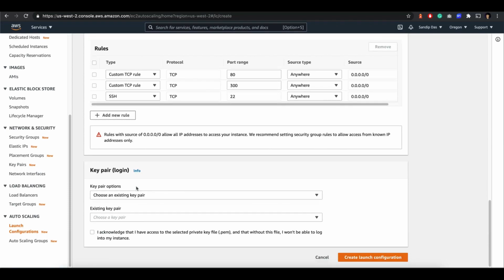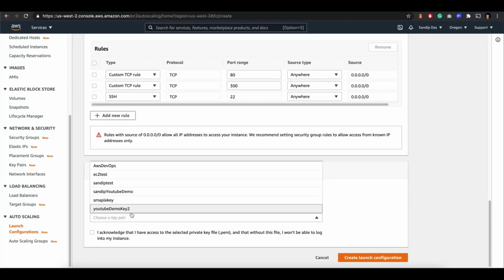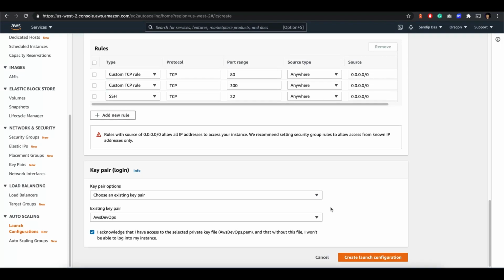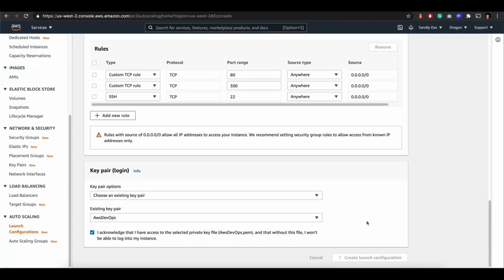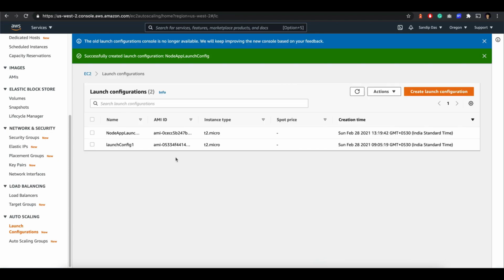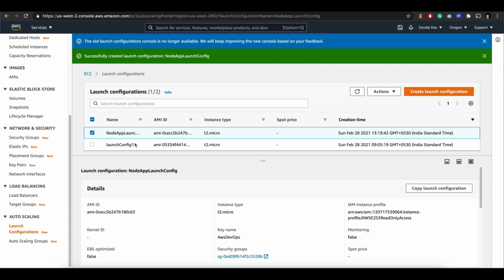Now let's choose an existing key pair. We have our devs key that I created in the last tutorial. Click on create launch configuration. So we have now our Node app launch configuration. Let's go with that.